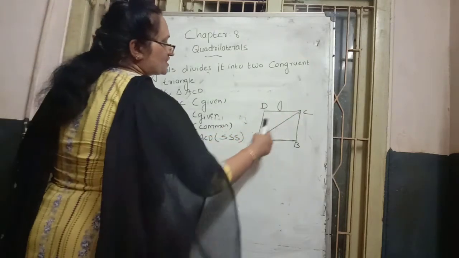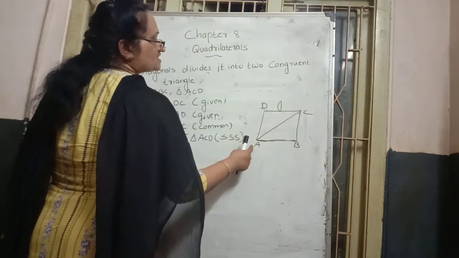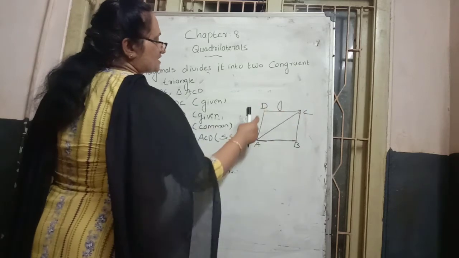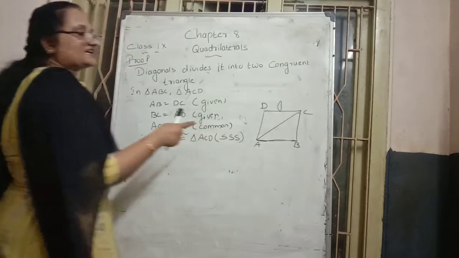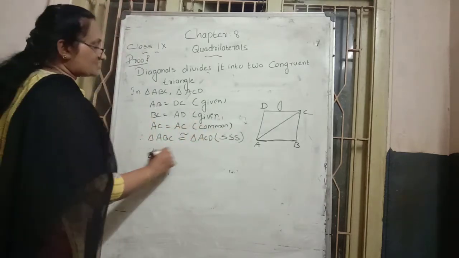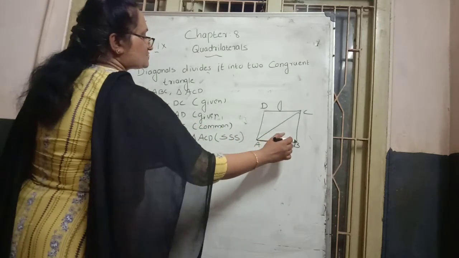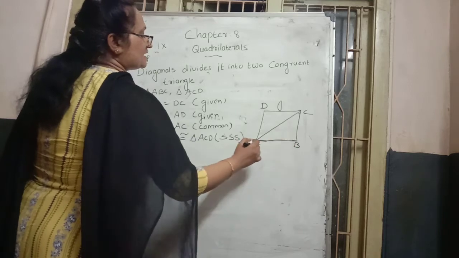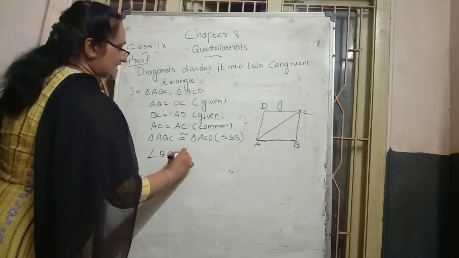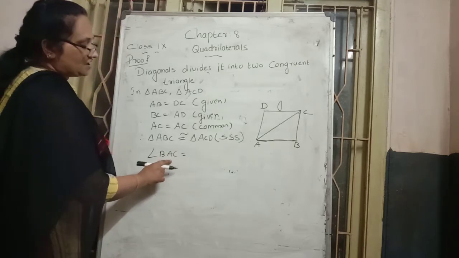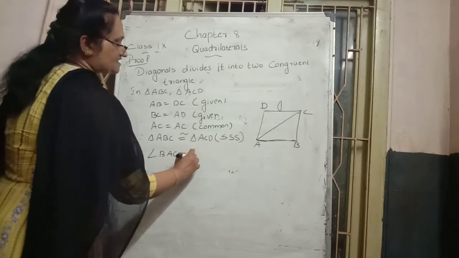With respect to the first triangle, angle A is opposite to angle C. With respect to the second triangle ACD also, angle A and angle C are opposite. So angle-wise, right, in the diamond. With respect to the first triangle, angle BAC, the middle vertex A, is opposite to